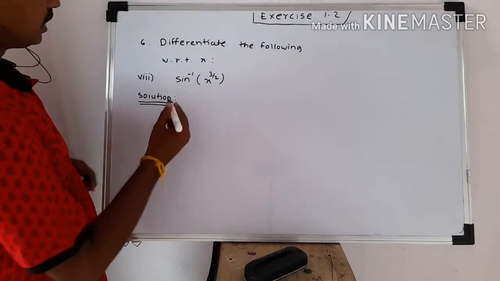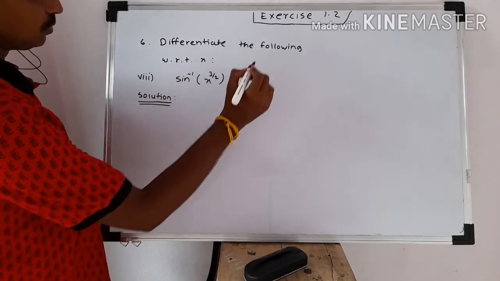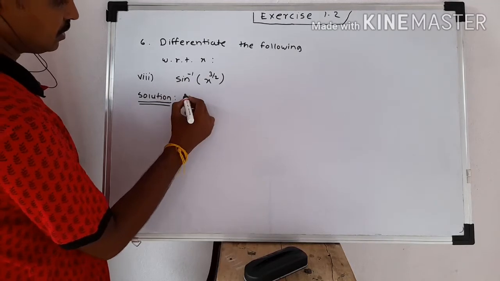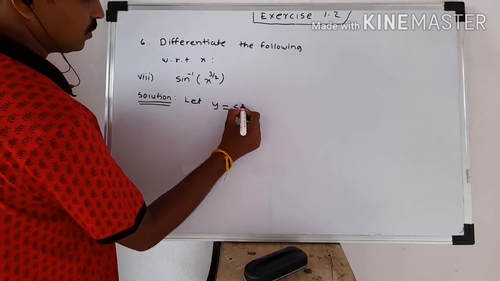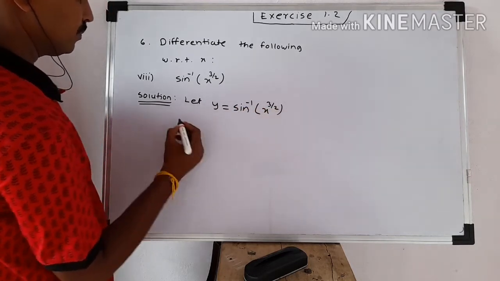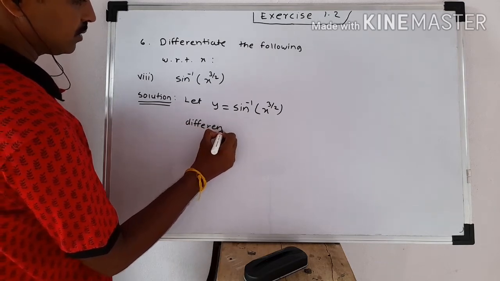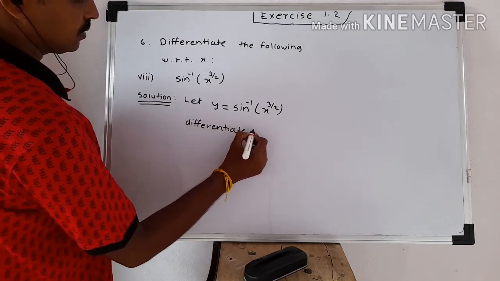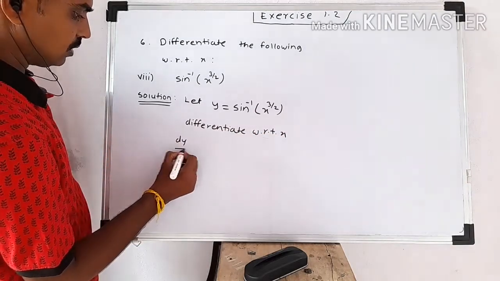Now for example number 8 of the 6th type, y is sin inverse of x raised to 3 by 2. We will find the solution of this example. Let y equal sin inverse of x raised to 3 by 2. Differentiate